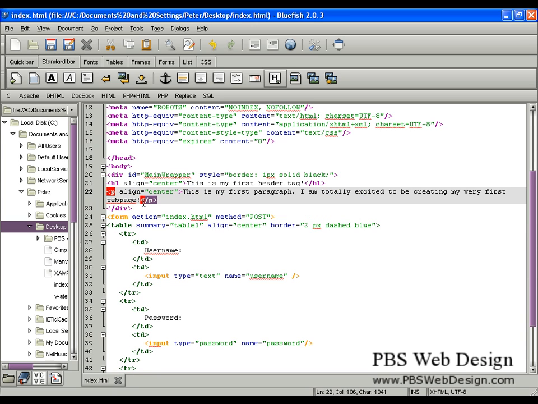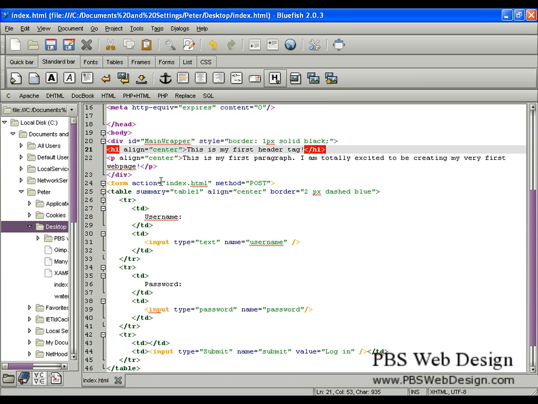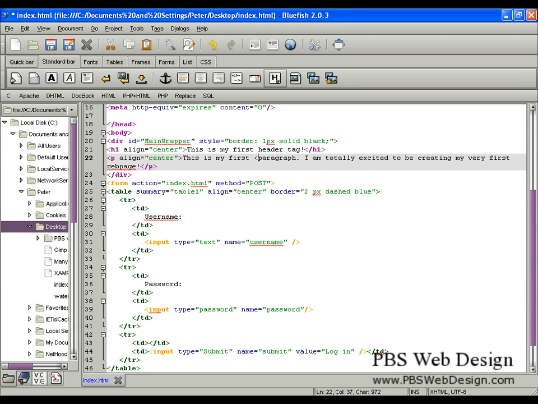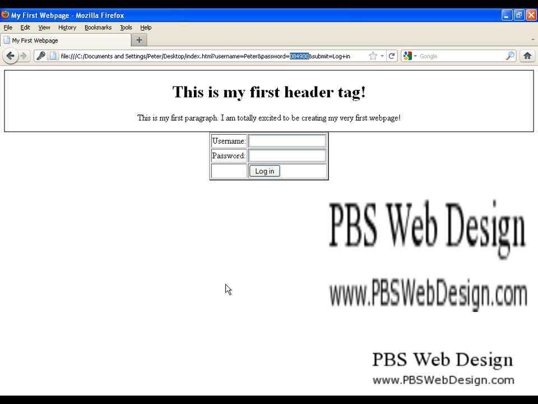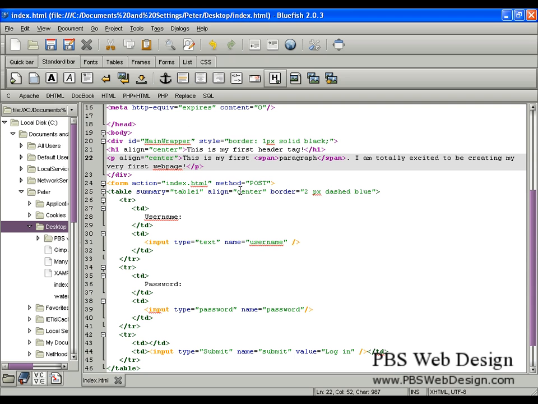We covered paragraph tags, H1 through the H6 tag, the div tag. Really the only other tags I can think of right off the top of my head are span tags. Now span tag is just a way to style something specifically on the page. So if we did a span tag here and we came over to the other side and closed that span tag, by itself it's not going to do anything. You're not going to even notice it. So notice nothing changed. A span tag just lets you specifically span the length of whatever data is in between that to set a style or set whatever